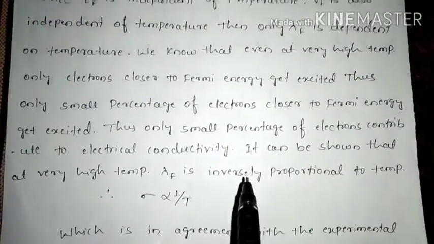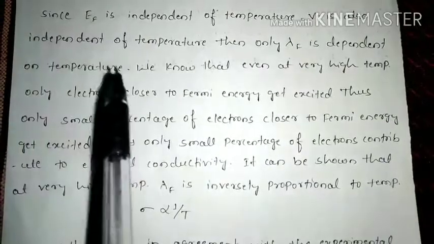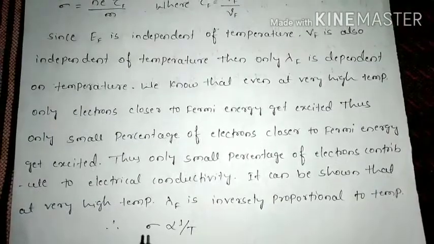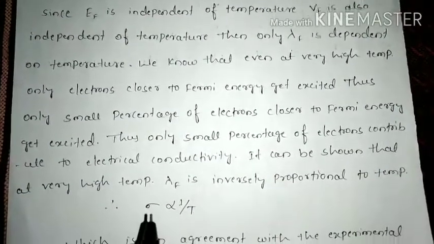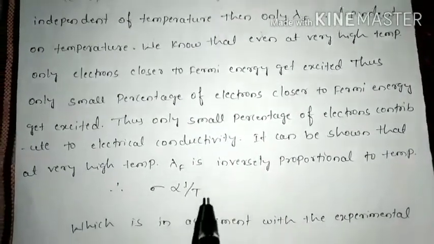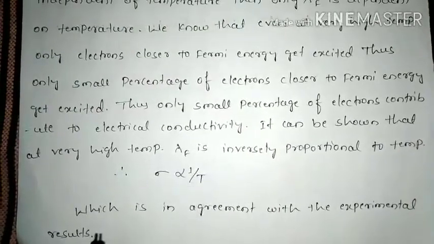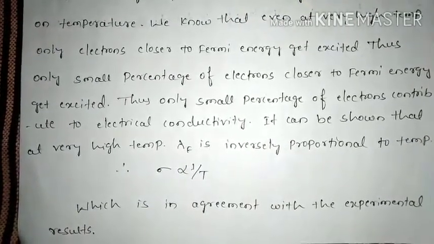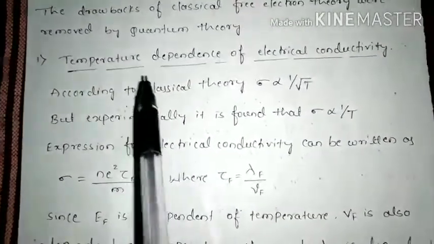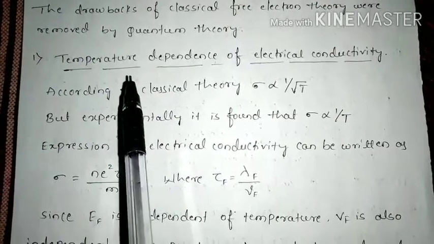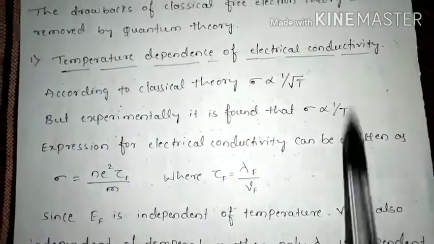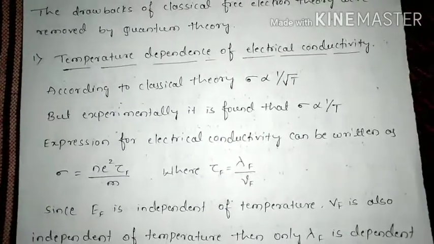Therefore, since lambda f depends on temperature and is inversely proportional to it, we can say sigma is inversely proportional to temperature, which is in agreement with the experimental results. So this is the first drawback which was explained by the quantum theory, that is temperature dependence of electrical conductivity. Okay, then the second one